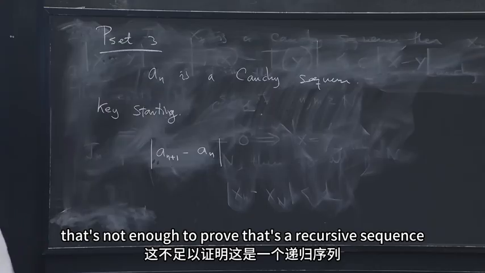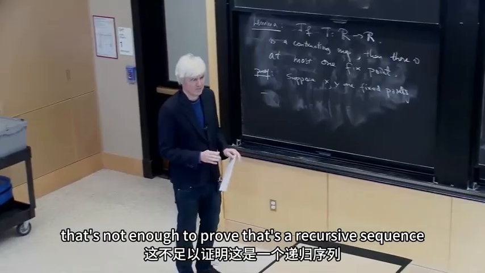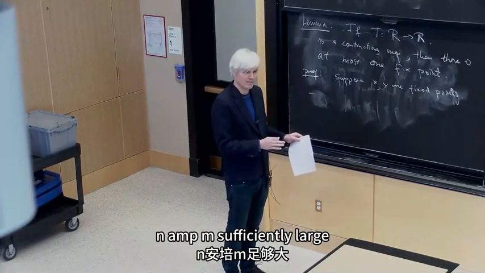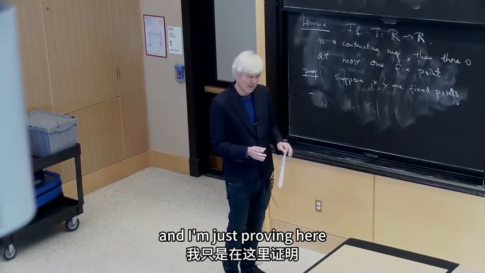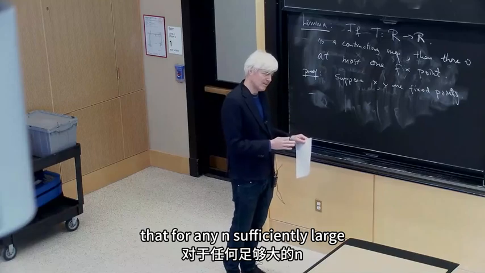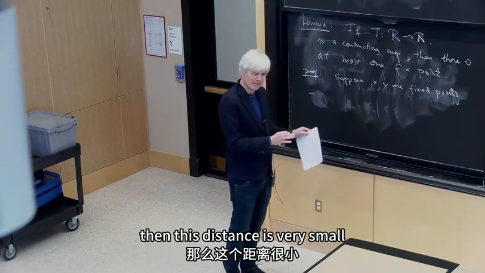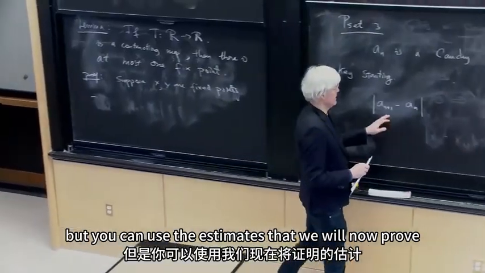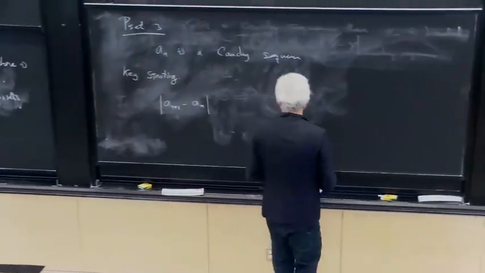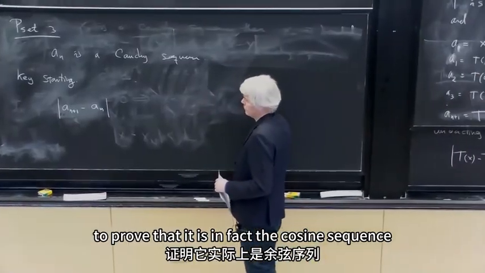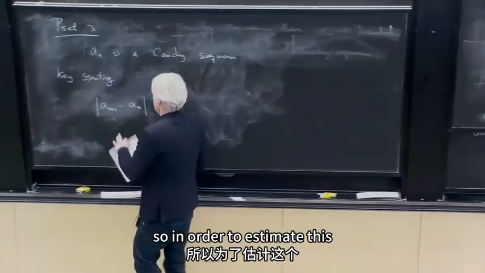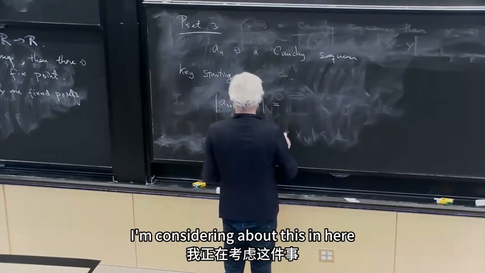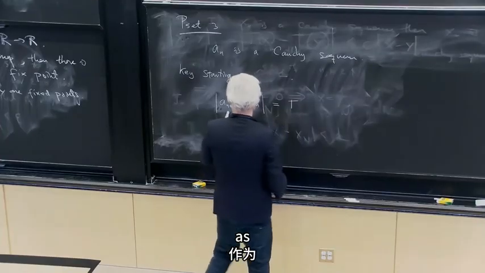Right? That's not enough to prove that it's a Cauchy sequence, right? Because I need to prove that for all n and m sufficiently large. And I'm just proving here that for any n sufficiently large, if I'm looking at the neighbor, then the distance is very small. But you can use the estimates that we will now prove to prove that it is, in fact, a Cauchy sequence. So in order to estimate this, right, I can think about this thing here as t